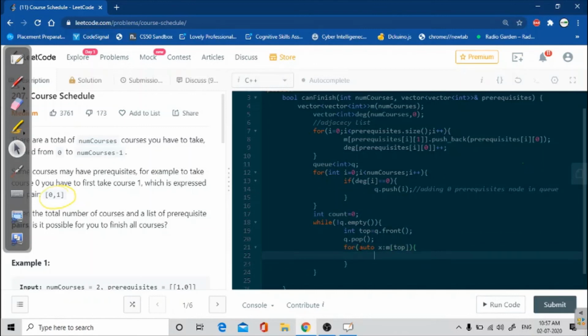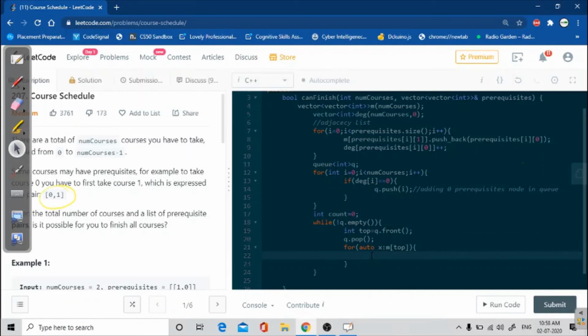Because we have completed this top course, we first decrease the degree of that neighbor node. The prerequisite of that course is deleted from the current node.